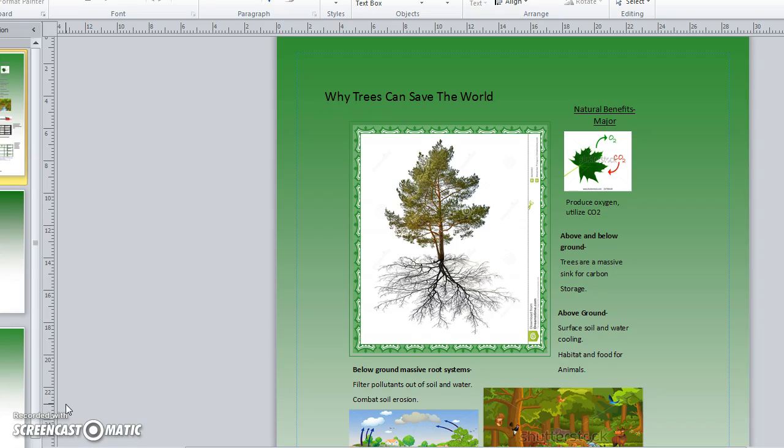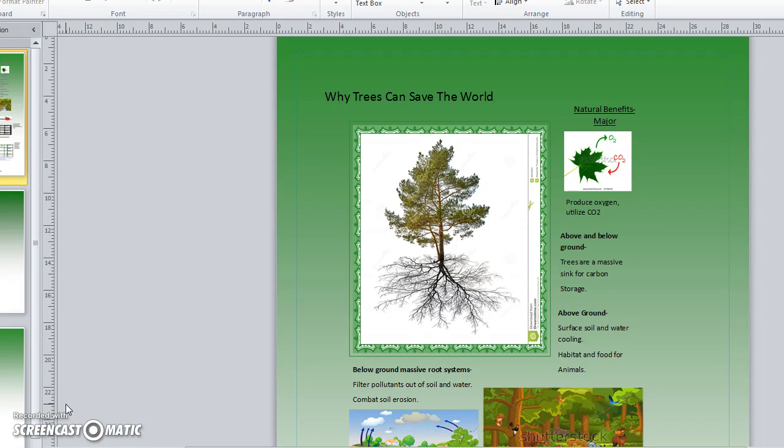The first thing I started with were some simple graphics that kids would be sure to recognize. The top is dominated by a conifer showing the entirety of the tree. This is so the kids won't forget about the root system. I also put in some smaller pictures to help explain the captions that state some of the natural benefits that